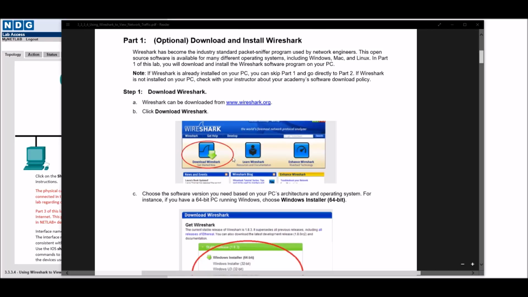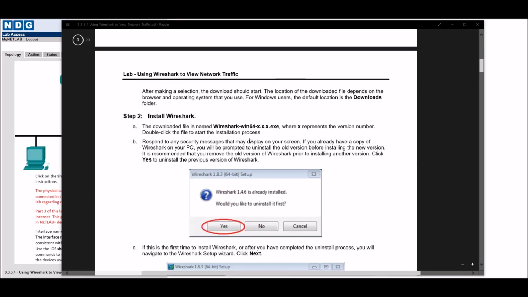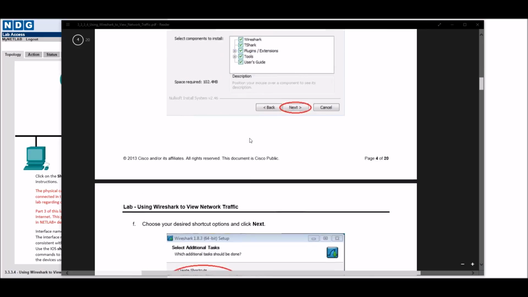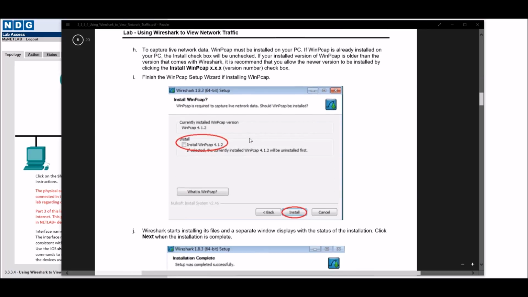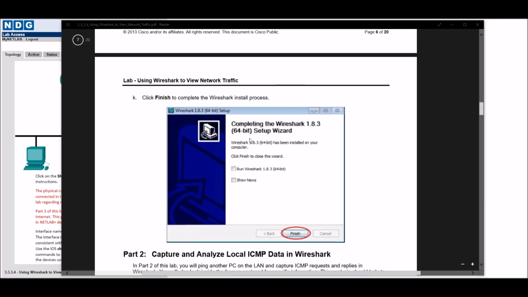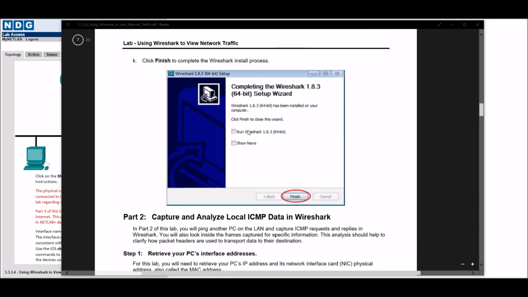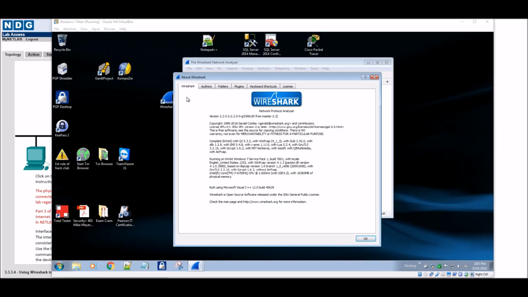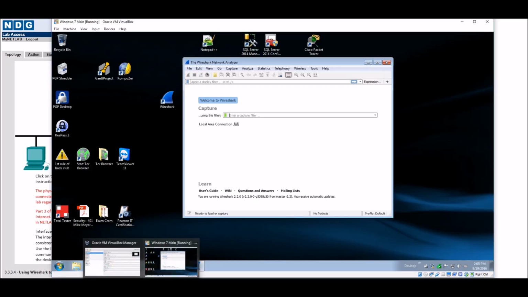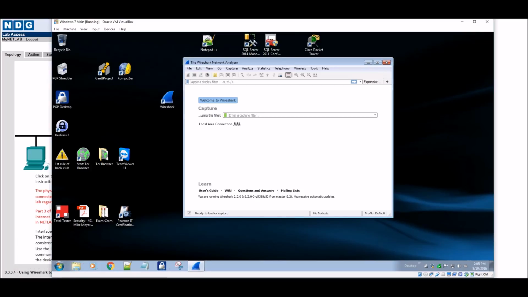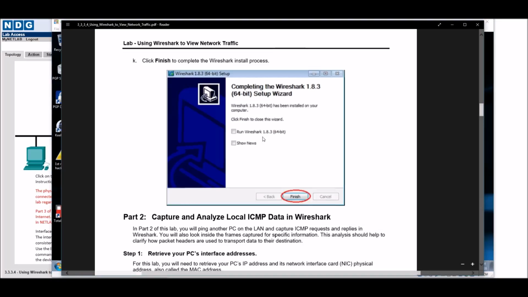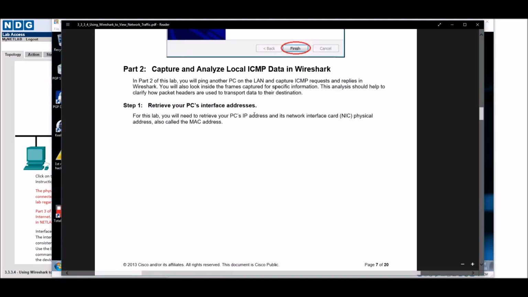Okay, so the lab walks you through the earlier versions of Wireshark, but that's what we did here. I'm just going to scroll down on installing that because that's what we just watched on the video. And this is in the lab session here. It will look a little bit different than the one that you're probably installing here, because this is the older version. This is a 1.83. That's the 1.83 that it's showing the help for, and this one is the 2.2 version. So if you're doing that lab and it's a little bit different, that's why it's going to look a little bit different on there. Could be because this is the 1.83. But you're going to go ahead and do that.